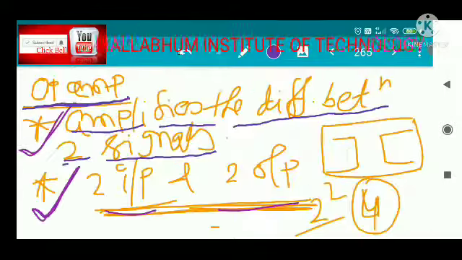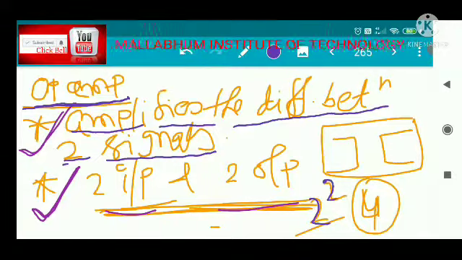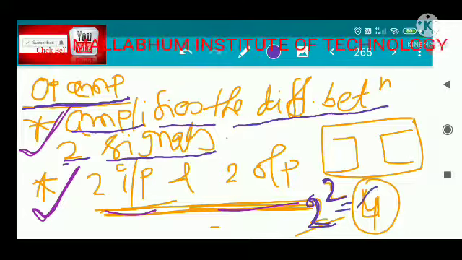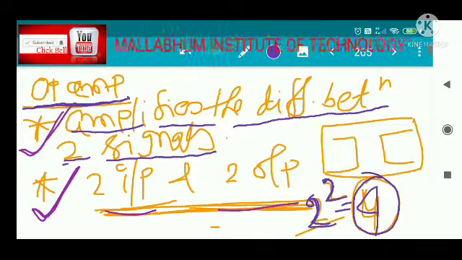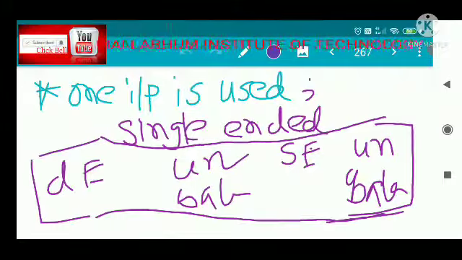Based on this configuration, we can devise the four configurations of the differential amplifier. That means there are two inputs and two outputs, so we can make four different configurations of this differential amplifier. Now what are those four different configurations of the differential amplifier? So that is